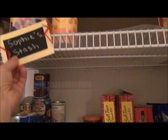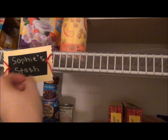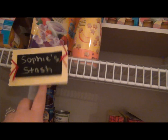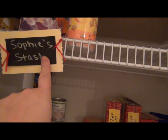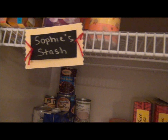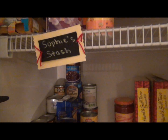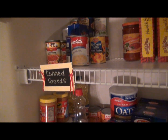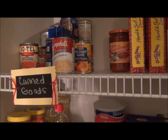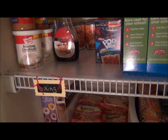I made these little chalkboard labels with some yarn, and it's chalk. I did chalkboard spray paint on labels that you get from an office store, but they're already ready-made labels. And then I use the chalkboard spray paint to create them. It's a little campy, it's a little homey, but I thought it was cute, and I completely ripped the idea off from online. It's not original, obviously, but canned goods, sides and such, Sophie Stash, baking,